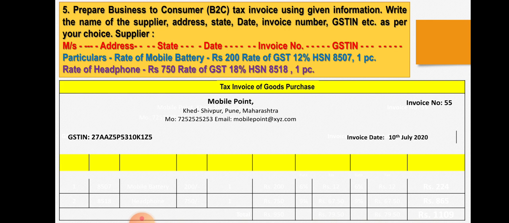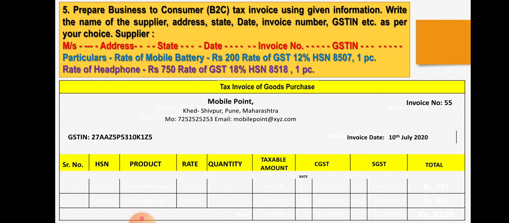So these are the things which we have written of our choice. Now we'll make columns: serial number, as there are 2 particulars, then HSN code, then the product, rate, which is the cost price of that particular product, then quantity, taxable amount and rate. CGST and SGST will be shown separately here. As you know, the GST that is collected is paid separately to the central and state government, so in every bill you will show them separately, and last will be the total.